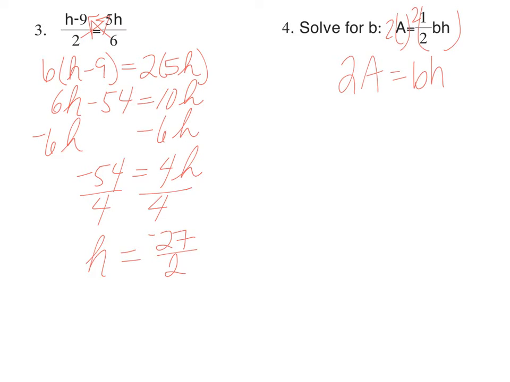Now I need to get the b by itself, so I need to get rid of the h. I know that h divided by h is 1, so if I divide by h, h divided by h is 1, and I'm left with 1b on that side. So b is equal to 2a over h. And remember that in an equation, you can flip an equation and it doesn't change the value or the